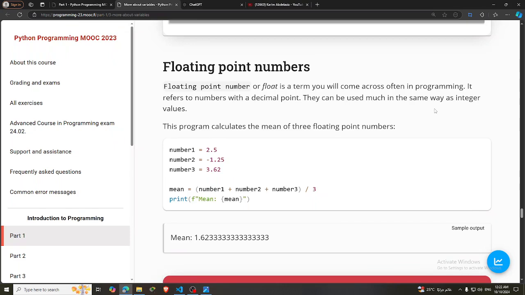We will get back to the last point we were at, which is floating point numbers. Floating point number or float is a term you will come across often in programming. It refers to numbers with a decimal point. They can be used much in the same way as integer values. This program calculates a mean of 3 floating point numbers, as we can see right here, number 1,